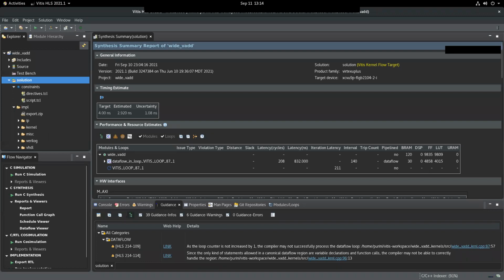Okay, so now look at the report. This is what we have. And you can see the latency here is now the whole thing. It has now reduced it to 208 clock cycles. Earlier, the latency of the VAD module was around 11,000 clock cycles. And even if it is overestimating, even if it makes an accurate estimate, at least 8,000 clock cycles is the estimate. Now we have the latency of this loop given as 208 clock cycles.